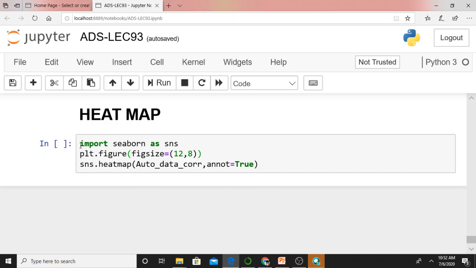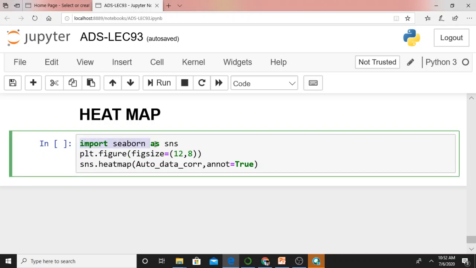We spent so much time on the Seaborn library, isn't it? Plot figure size 12, 8. This we know. sns.heatmap, through which you are passing auto_data_corr, means you are passing that correlation matrix as an argument. annot equal to True, I will discuss after a few seconds. For the time being, just understand through this heat map I am passing the correlation matrix, isn't it?